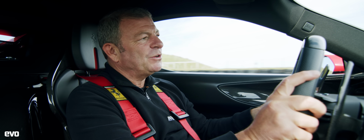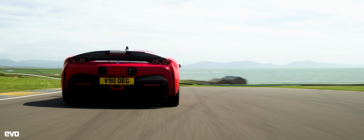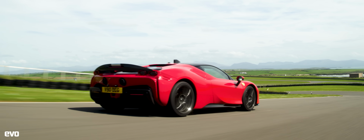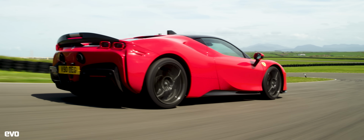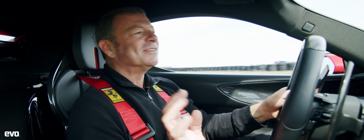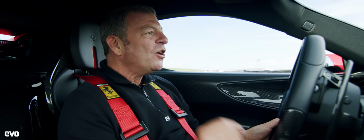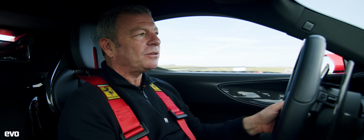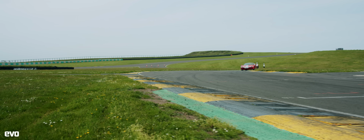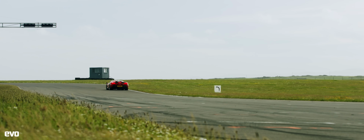This one's on Cup 2Rs, which are demon tyres. You basically get 2 warm-up laps to bring them in gently, 2 flying laps, and then they're gone. Well, they're not absolutely gone, but they're well past their best. A normal set of Cup 2s will last not all day, but many, many, many laps more. Anyway,